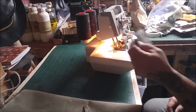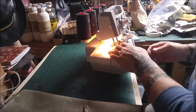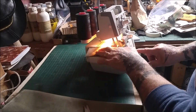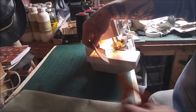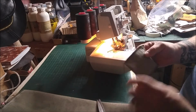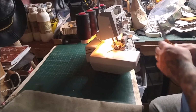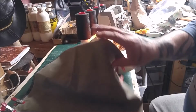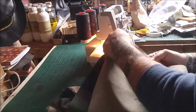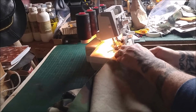I've done always run a scrap piece of material through your machine, whether it's a serger or just a regular sewing machine. Make sure it's working correctly with the weight of the material you're using. Just like that. So, serger gives it the nice finished edge. We've all seen this in our commercially bought clothing. Alright. Slow and steady wins the race here. I say that and then I end up pushing the material through, but